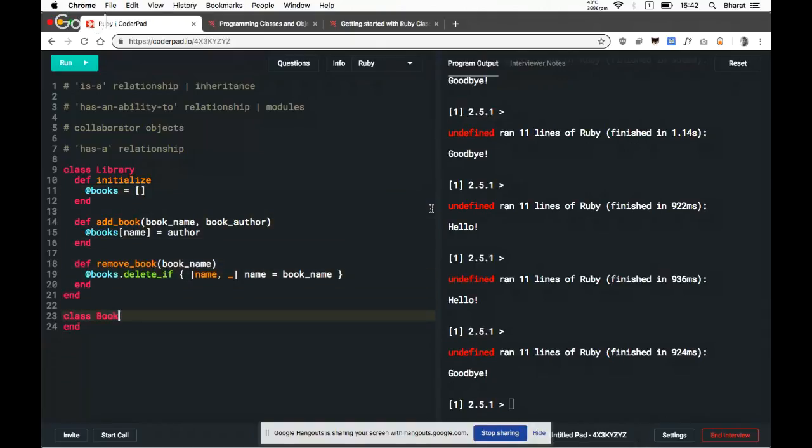And we can give information like name and author to the book, and then you can start encapsulating this information. And instead, you just simply add this book object.